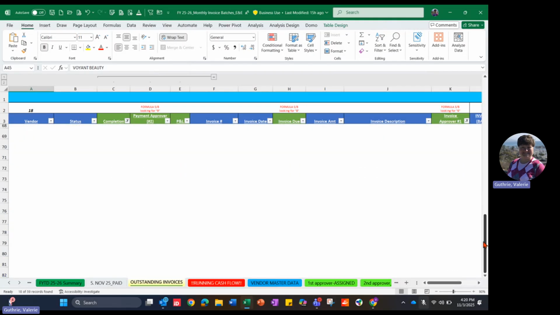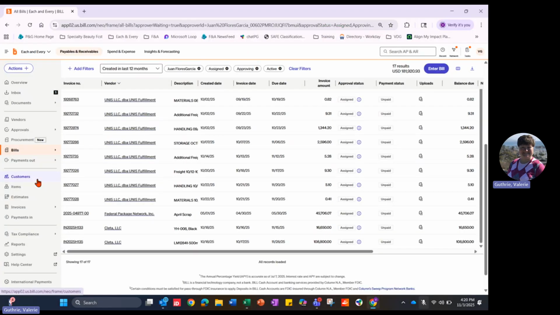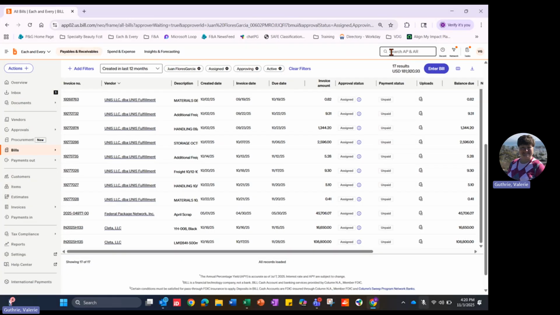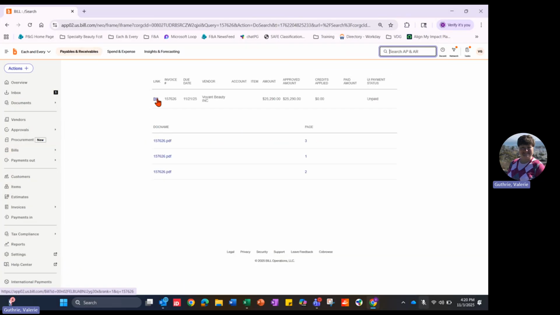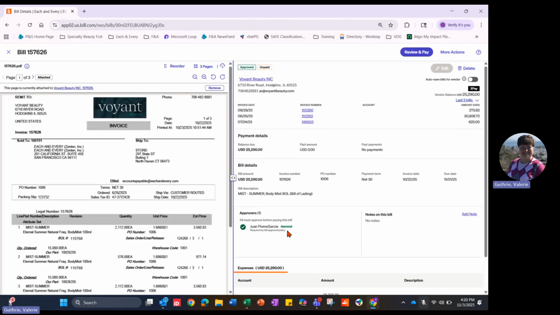JJ had a bunch of units, 2 CLETA, and it looks like he might have approved this one. So I'm just out of curiosity, just for the sake of some things that I do as examples, we will search for that invoice and see that it is in fact still unpaid, but that JJ did approve it, and he did approve it this morning. So as I had mentioned, when I checked this yesterday, I was up to date, but he did